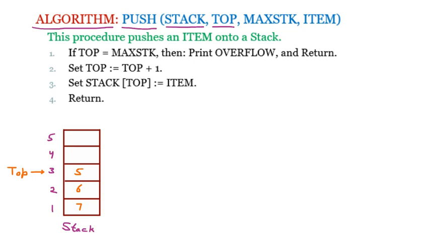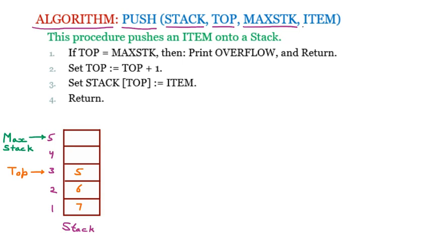The next one is the max stack. Talking about the max stack, it is the maximum number of values which can be taken into the stack. Maximum doesn't mean the value which we can take, maximum means the maximum number of elements that can be taken. So this one is the max stack, and max stack is pointing to 5, which means beyond 5 we cannot take values. That's why it is called the max stack.